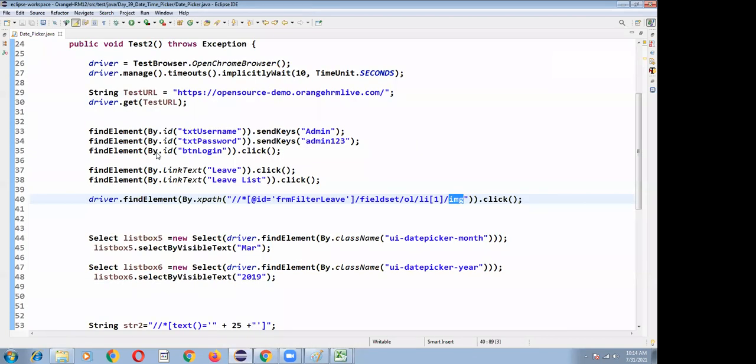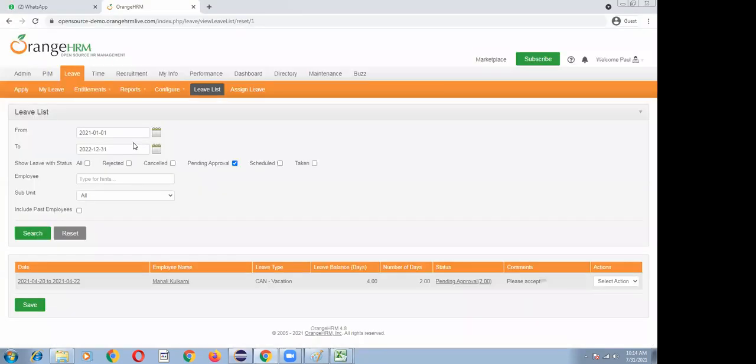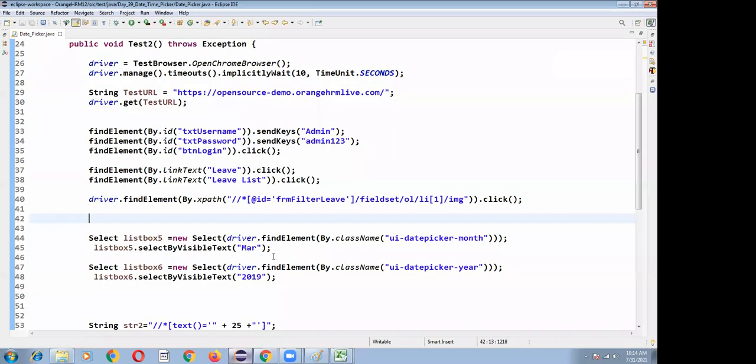So after clicking on this link, what are the drop downs? This is one drop down and this is one drop down. To write a drop down, we need to write two lines of code that we already know. So this drop down I have written and this drop down we have written. So select list of, okay, let's go to the drop down point.